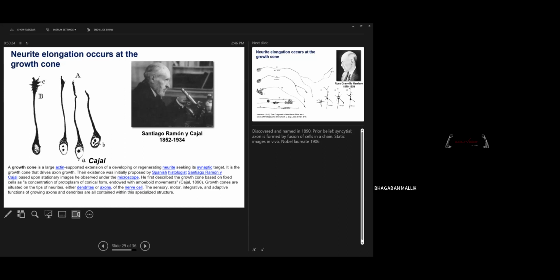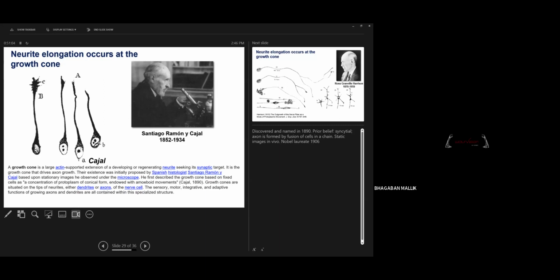So here this is the cell body, then this is the neurite, one neurite, and this is the growth cone of the neurite. So the elongation of the neurite happens at the growth cone. And this growth cone is actually enriched with actin-rich structures. These are actin-supported extensions of a developing or regenerating neurite that is seeking a synaptic target. So this structure wants to communicate with the other neuron. This tip of the neurite becomes the growth cone, enriched with actin and other cytoskeletal proteins so that it can grow and